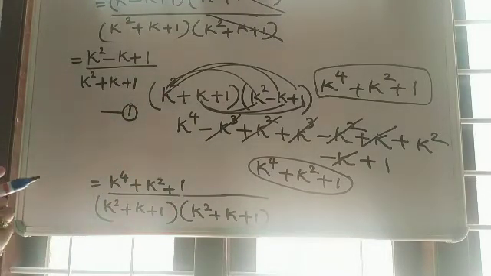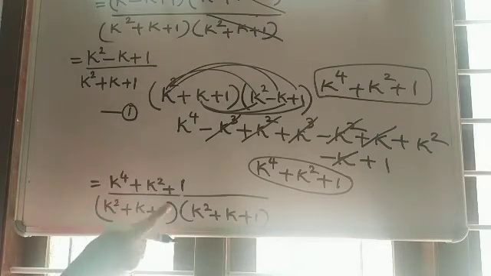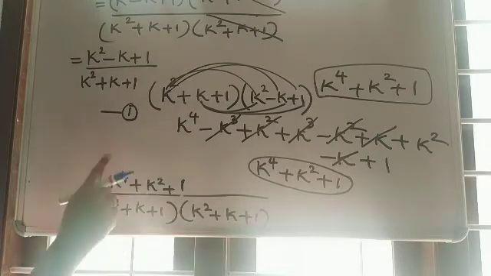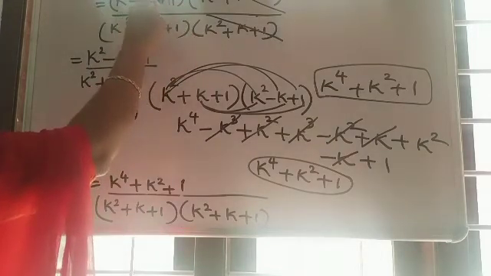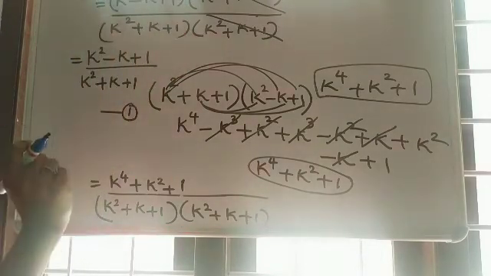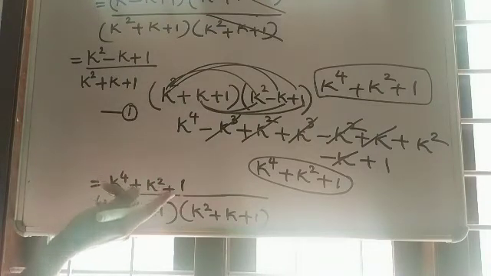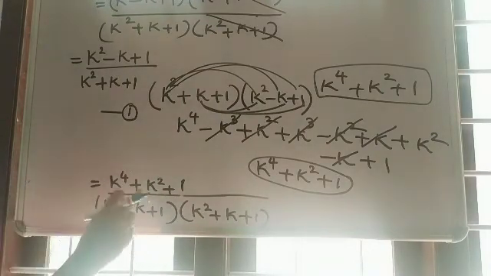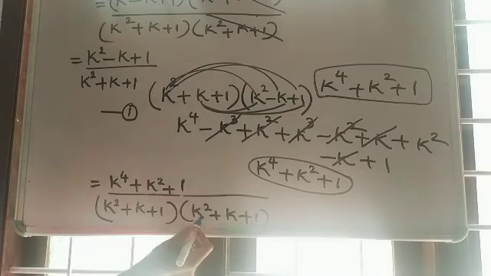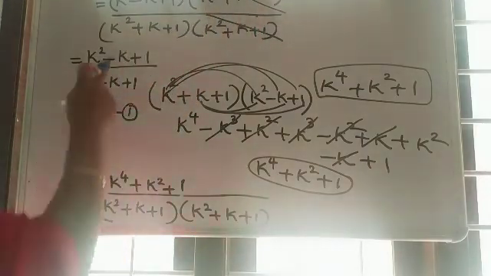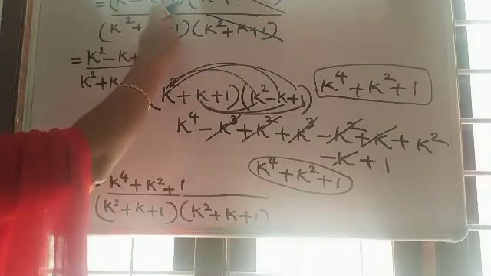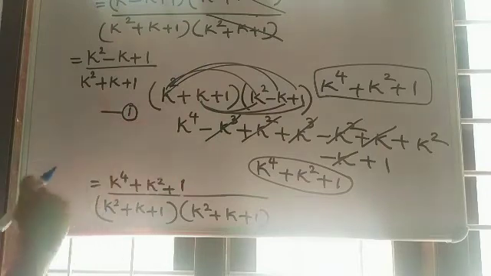Then how are we getting this? That easy method I will tell you later. After taking the RHS, I will tell how we can take this as k square minus k plus 1. I will tell you later after doing the RHS part. Okay, up to this understood, no? So depending upon this k square plus k plus 1, we will write k square plus k plus 1. Then you have a doubt with the k square minus k plus 1, no? That I will tell you later after doing the second equation.